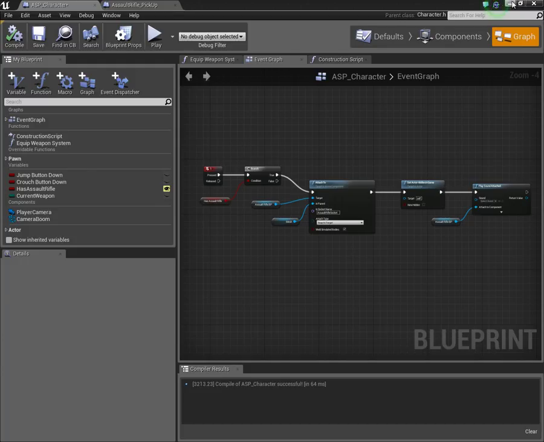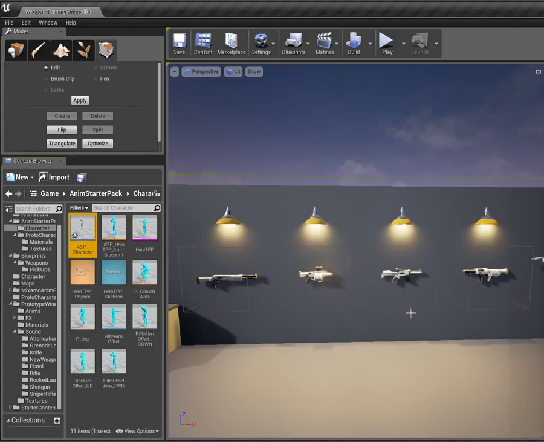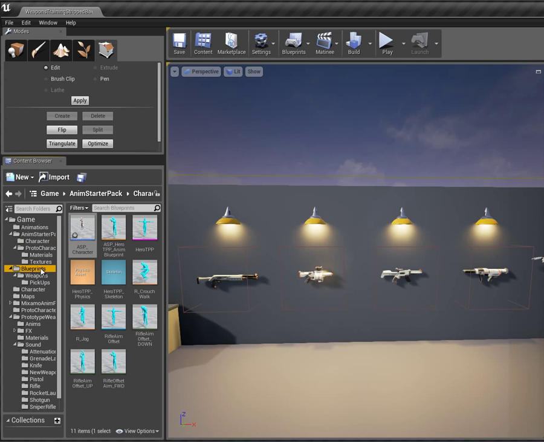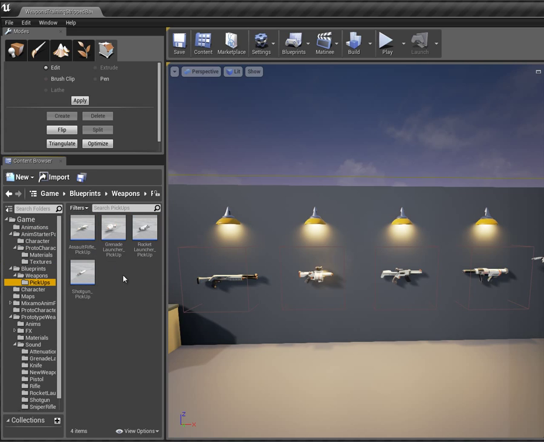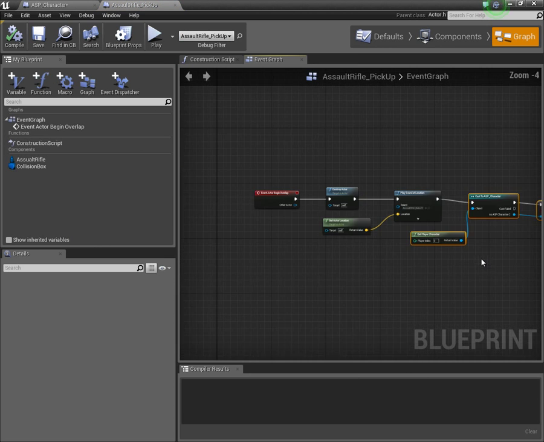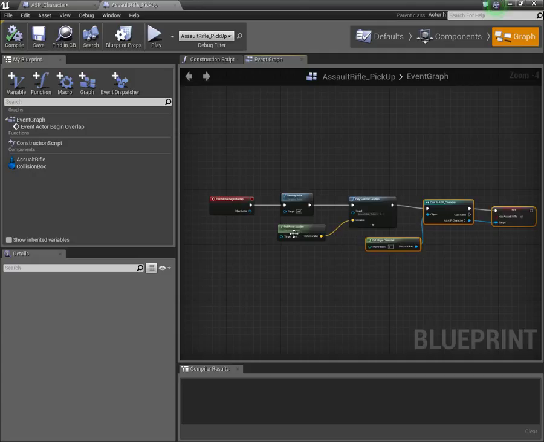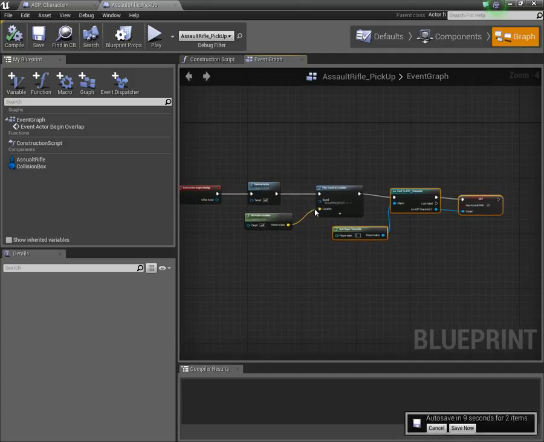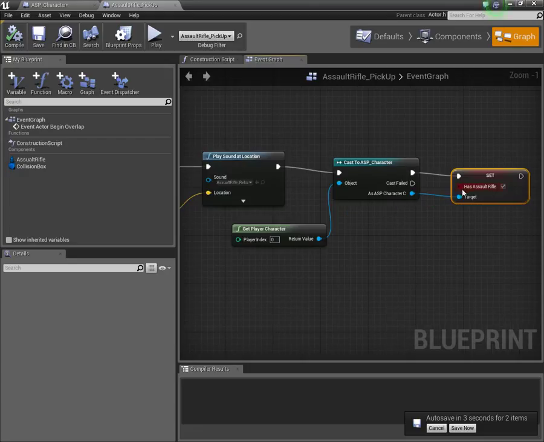Okay, so the weapons that I've created, basically, these are essentially the same pickups that we created for the assault rifle in the previous tutorial. I'll just show you that real quick. So if we go to pickups, just a quick recap. All it is, when the player overlaps that box that you see in front of the pickup, it destroys the actor, plays a sound, and then casts to the ASP character blueprint, and then turns our has assault rifle variable to true. Okay,